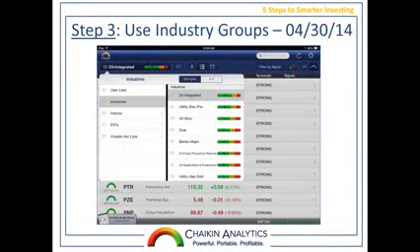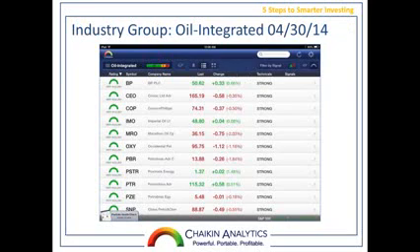So if we tapped on oil integrated, we would see what we call our watch monitor view of that industry group and their component stocks, and it comes up ranked by Chaikin power gauge rating. So the strongest stock in that oil integrated group is British Petroleum, BP. The third strongest is ConocoPhillips. And what I think investors should do is, in a very strong group like this,